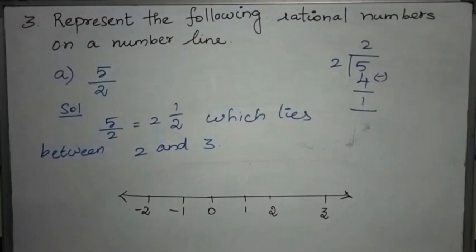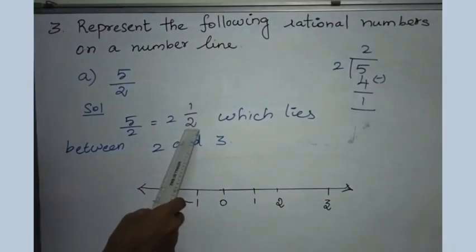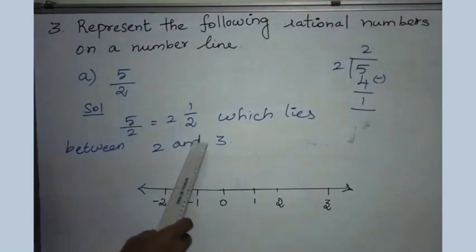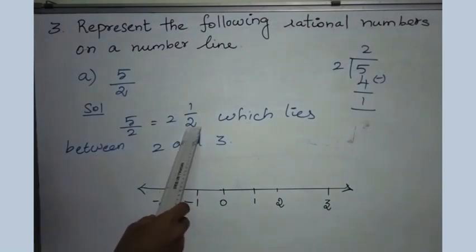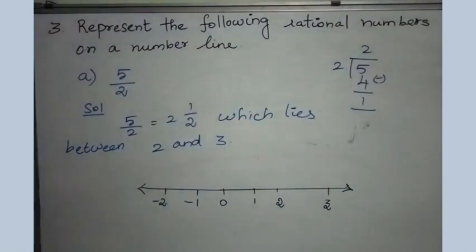Listen carefully. First we have to draw the number line. Okay, rational number line. First you have to draw the 0 in the center and then the negative side. That is 0, that is 1 by 2. So what is the total part here? The total part is 2. We have to divide 1 unit into 2 parts of equal length. See here, we have to mark 5 by 2.